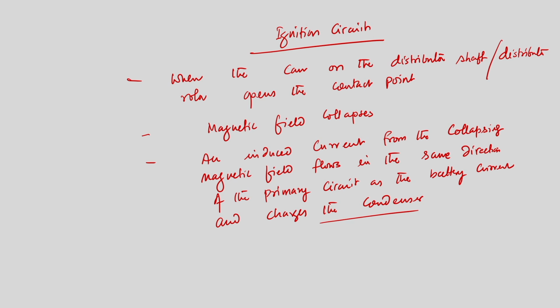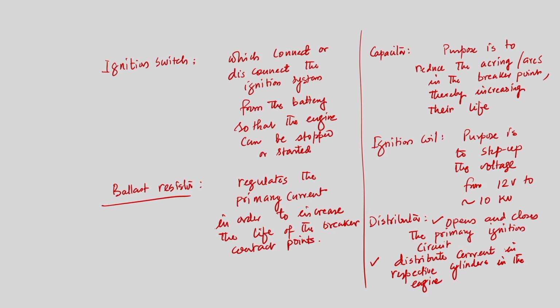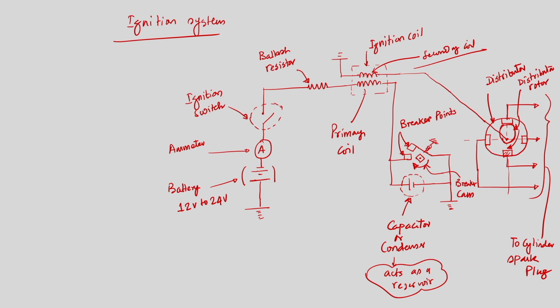But this also leads to an extensive rise in voltage in the secondary circuit, of the order of a kilovolt. So, what have we understood? If I go to the circuit,